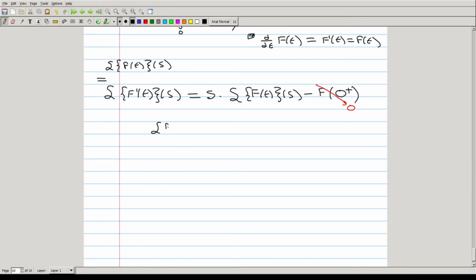And so the Laplace transform of lowercase f of t is equal to s times the Laplace transform of capital F of t,